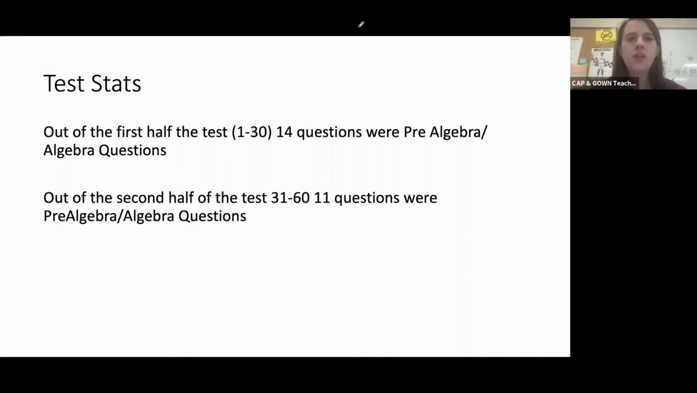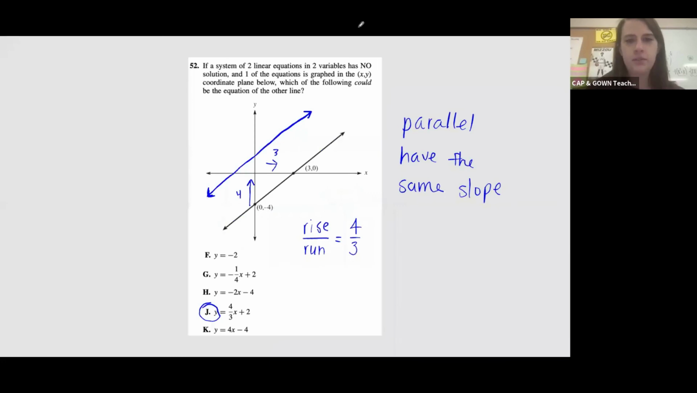So, out of the questions that we actually just covered, the first half of the test had more pre-algebra, algebra questions. Granted, it only had 14, and the second part had actually 11, so 31 to 60. So really, in most tests, and I think this one might actually be an exception, but in that first 1 through 30 is where you're going to find most of your pre-algebra, algebra questions. And then 31 through 60, I call it the second half of the test, is where it kind of gets harder,